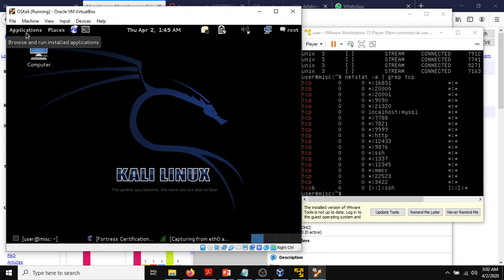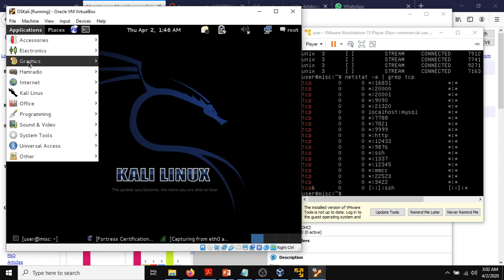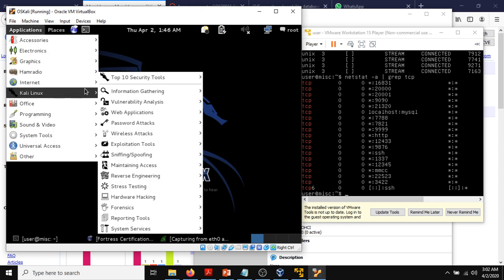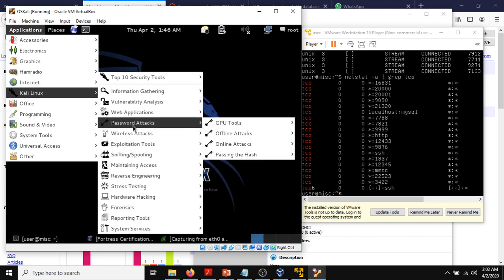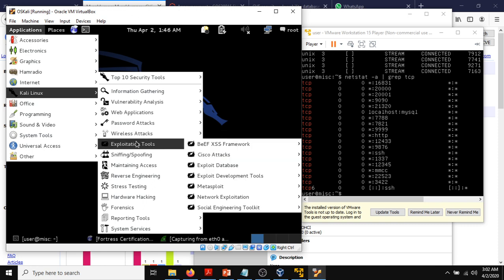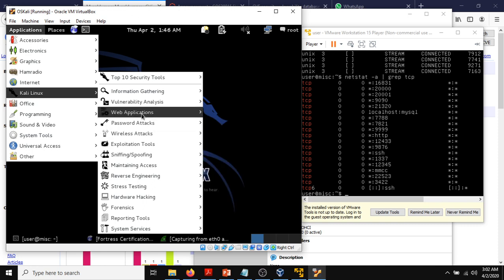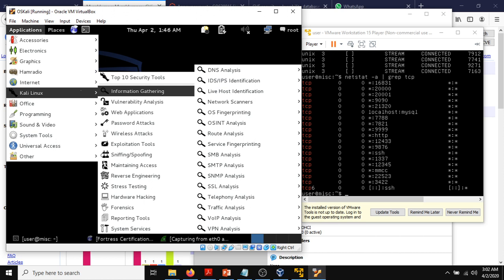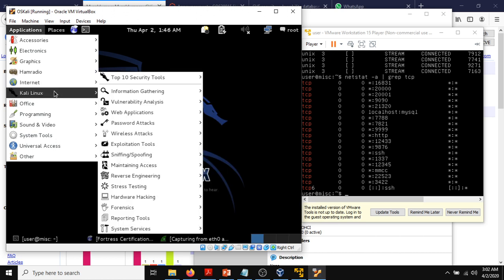So if we click the application part, we see there are a lot of penetration tools here. Password attack, wireless attack, exploitation. Maybe you can try at home. Try one by one. Okay, we go to the